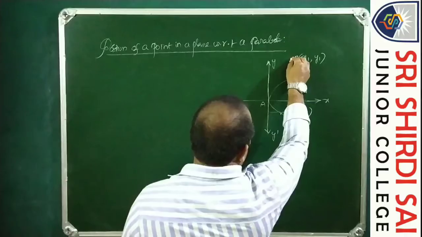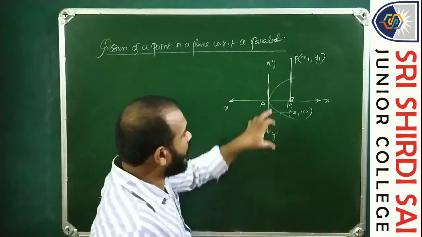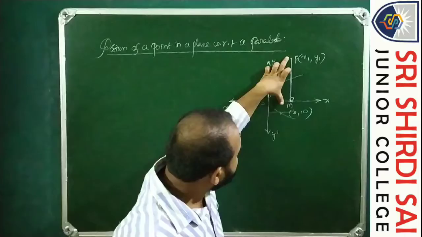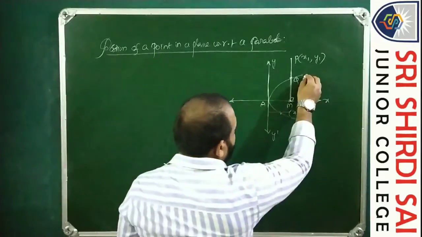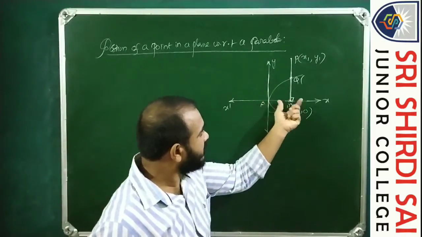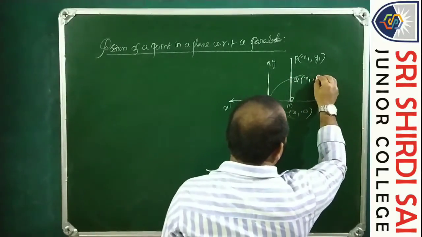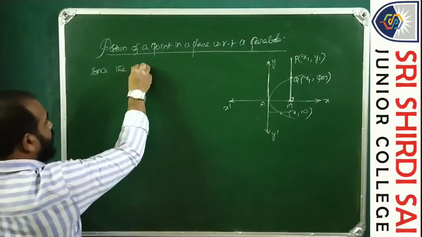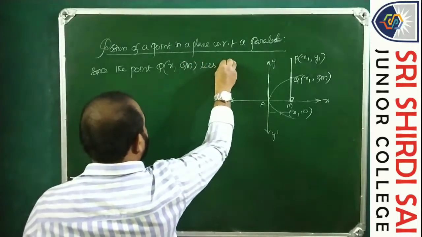Draw a perpendicular PM on the principal axis, the x-axis, which cuts the parabola at Q. So this point is Q, which is also at a distance of x1 from the origin, from the y-axis. But how much is this height? I don't know, so let us suppose it to be QM. Since the point Q(x1, QM) lies on the parabola,